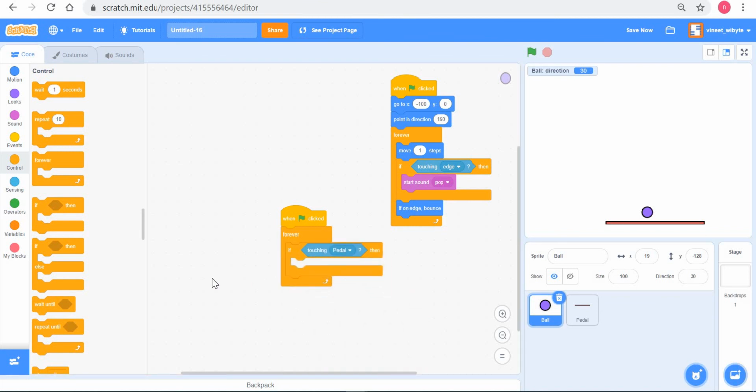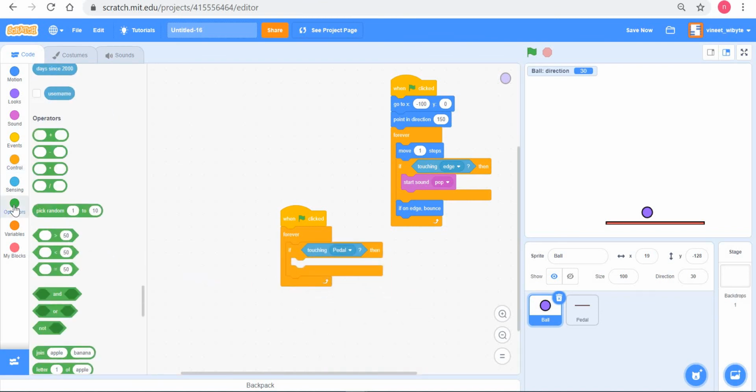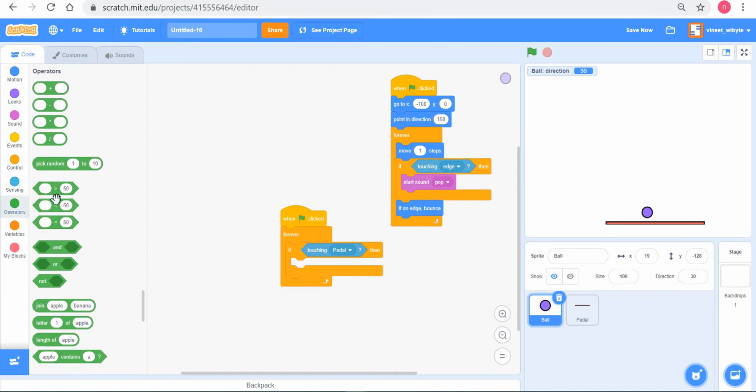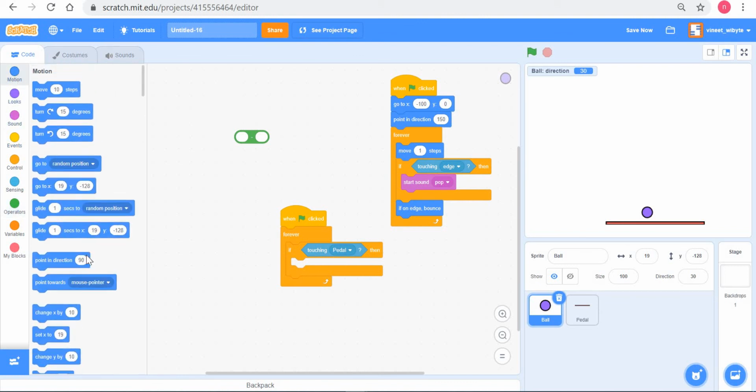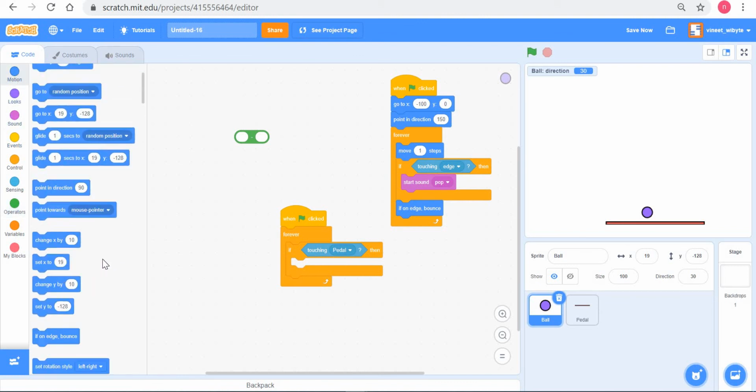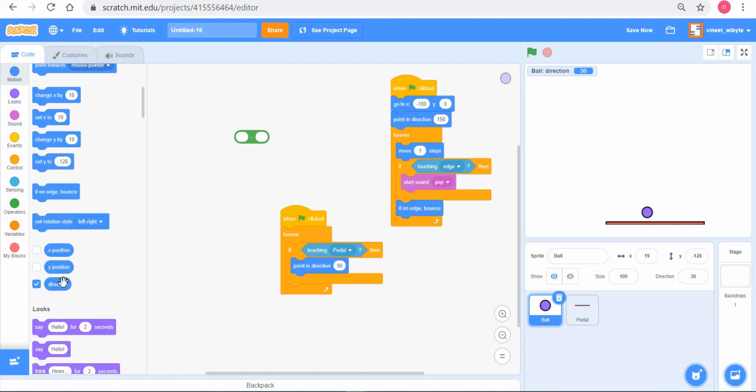Now is the important point. I use an operator, which is this something minus something. I go to motion and say point in direction. Remember, whatever the original direction was is given by this quantity called direction.